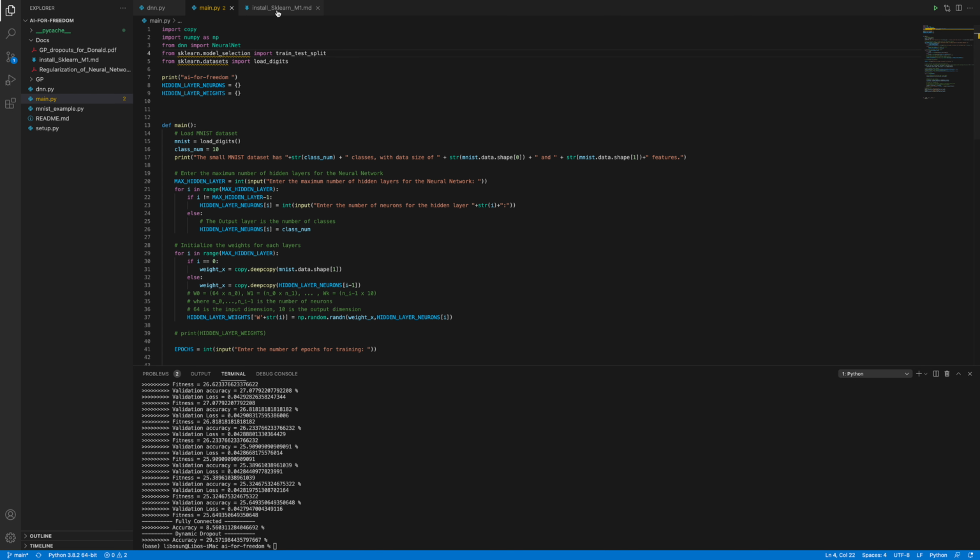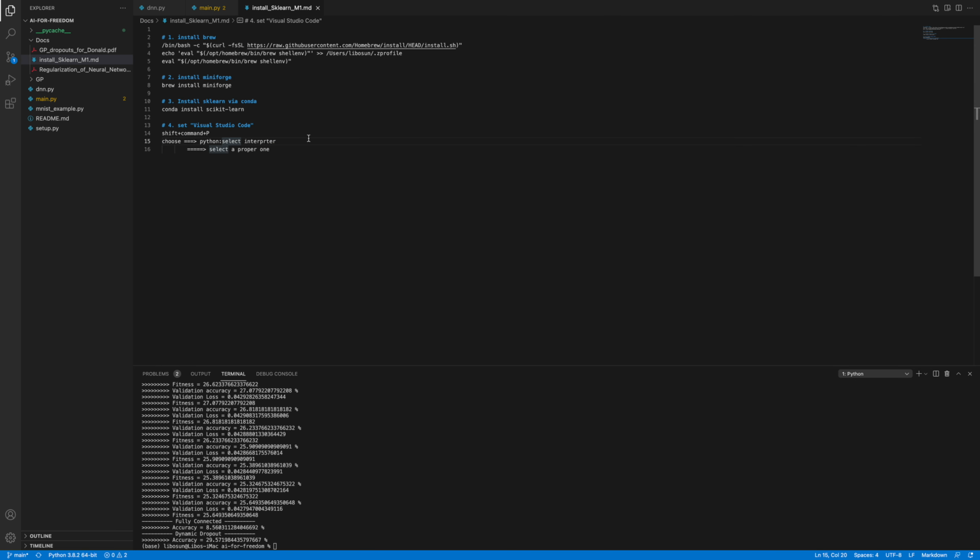Miniforge. So I have separated four steps to install this package. First, some new computers may not have Homebrew installed, so we need to start from there. And then Miniforge. After Miniforge, sklearn can be installed via conda. Well, after installation,